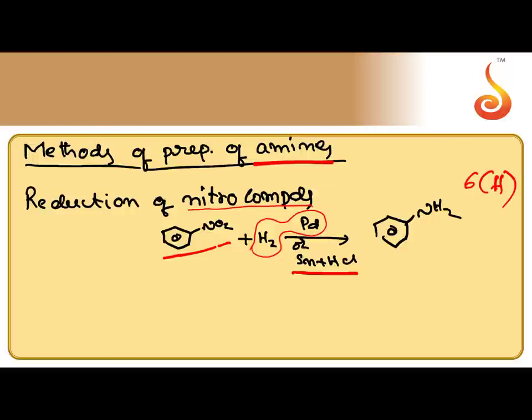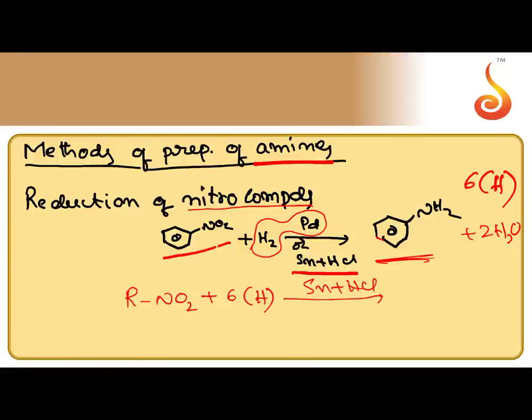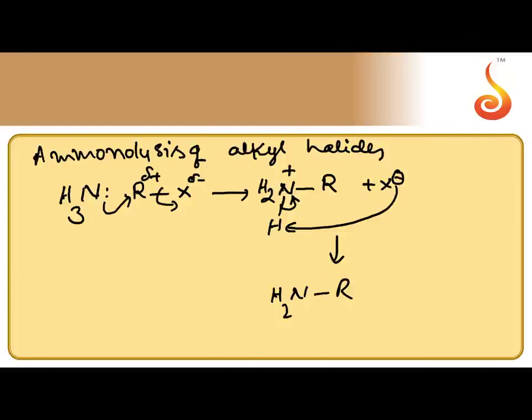Totally 6 hydrogens are involved here. 2 oxygens are removed in the form of 2H2O. 2 hydrogens are attached to the nitrogen. Then the final product is aniline. So nitroalkane on reduction by acid medium like tin HCl, 2 oxygens are removed in the form of 2H2O and 2 hydrogens are attached to the nitrogen. So addition of hydrogens, removal of oxygen, strong reduction is taking place to give amines.